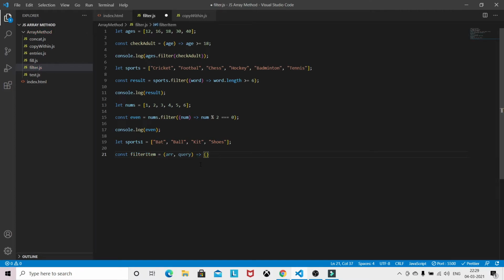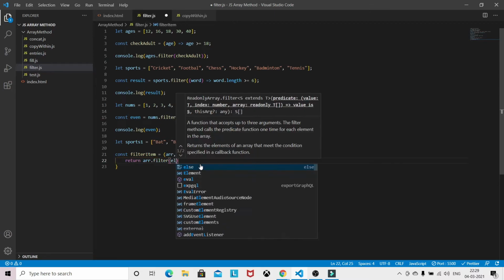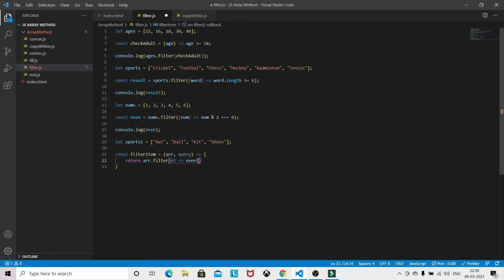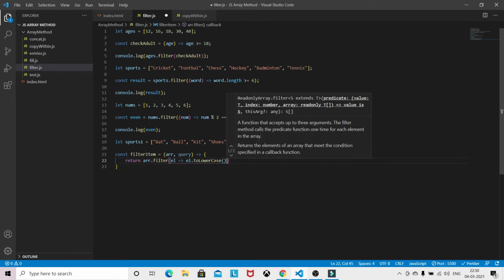We can implement this logic with the help of the filter method. So how are we going to write this? array.filter, element, basically short form, el.toLowerCase.